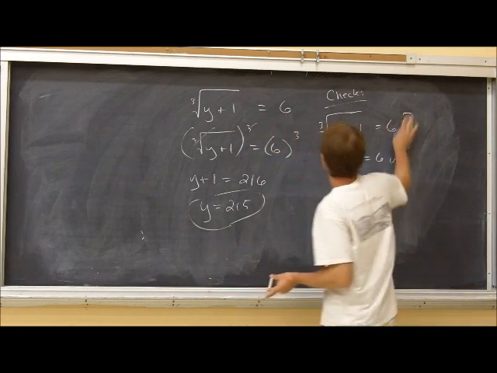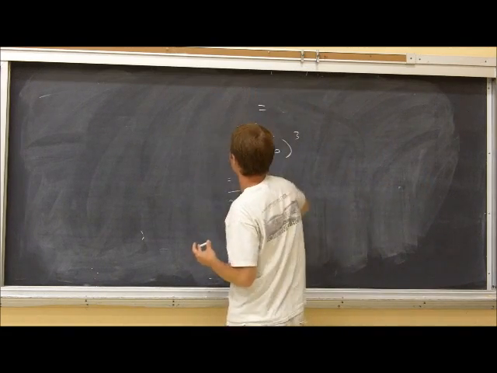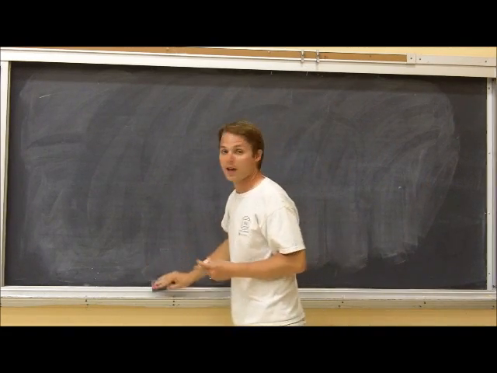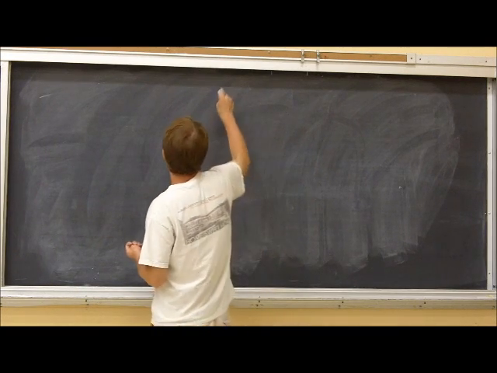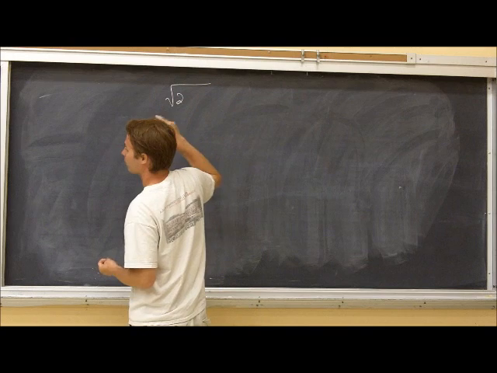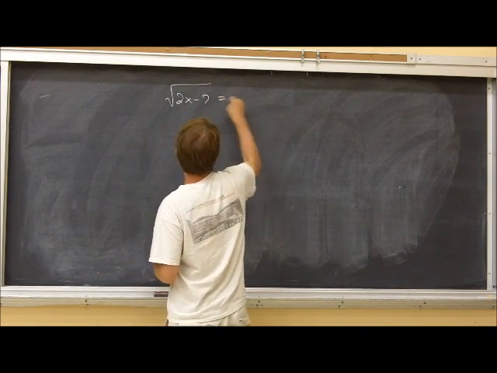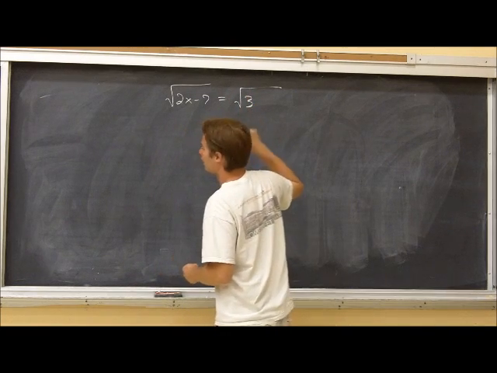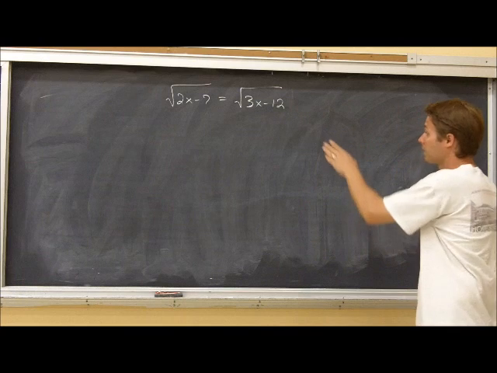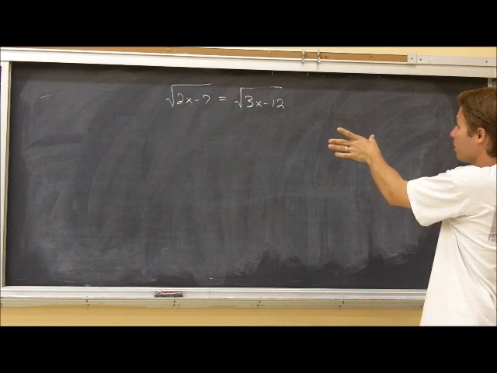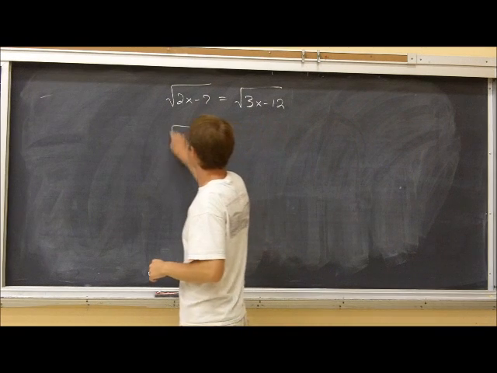Now it's possible that you'll end up with an equation with more than one radical in it. And that's okay. There's a couple of different varieties that they come in, so let's take a look. This is probably the simpler version, something like this. The square root of 2x minus 7 is equal to the square root of 3x minus 12. In this case, I have just a square root on one side, a square root on the other side. If I go ahead and just square both sides,